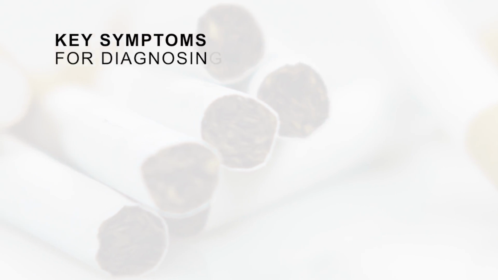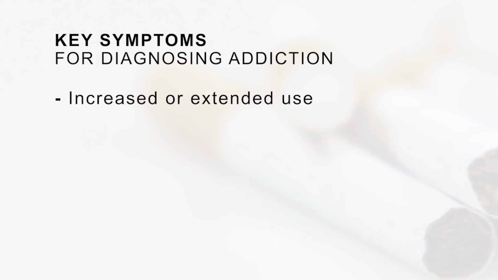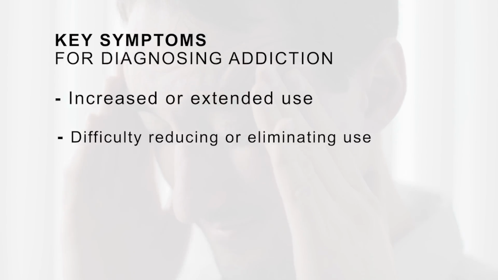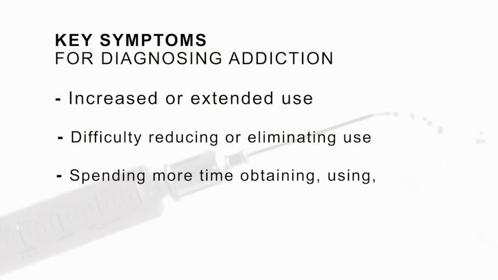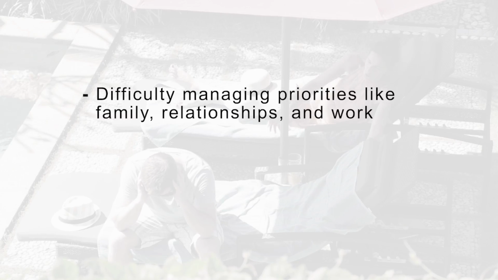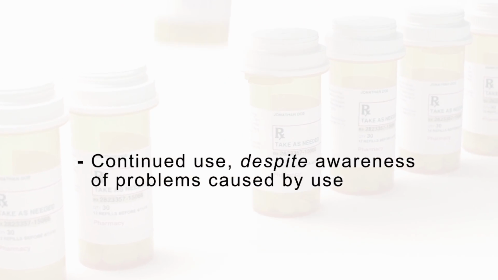The DSM gives a set of key symptoms for diagnosing addiction. These can include taking the drug in larger amounts or longer than you meant to, wanting to cut down or stop but not being able to, spending more and more time getting a drug, using it and then recovering from its effects, craving. Other criteria include not managing to do what you should do at work, at home or at school, and continuing to use even when you know that it's causing you problems. Continuing to use even though you know you're experiencing some physical or psychological problems is perhaps the key defining criteria